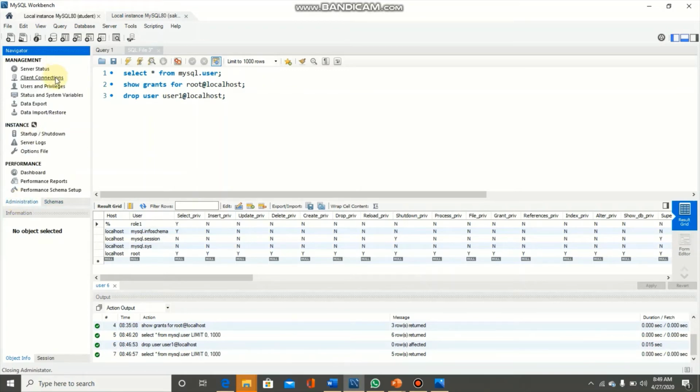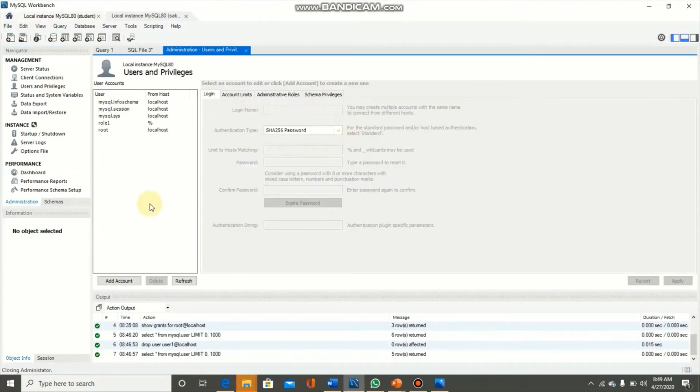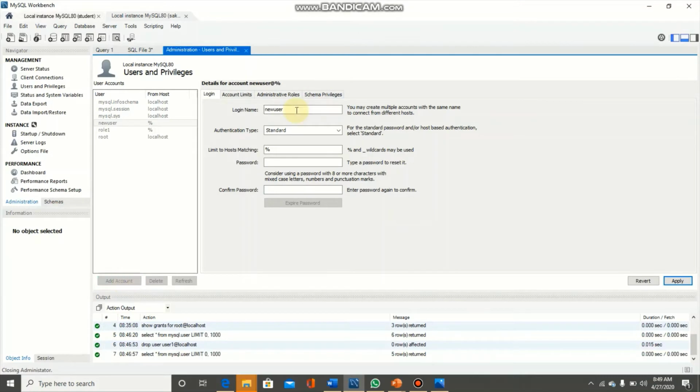Here in this tab we have users and privileges. With the help of this link we can easily create a new user. So here we have the list of users and I need to create a new user. So for that purpose I will click add account. Here I'm gonna give the name of new user. Here I am typing test user